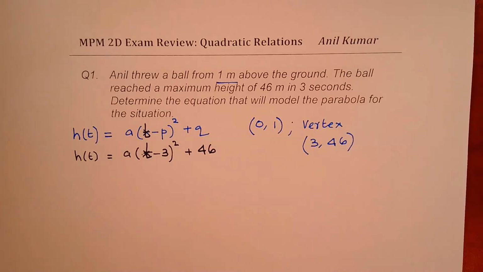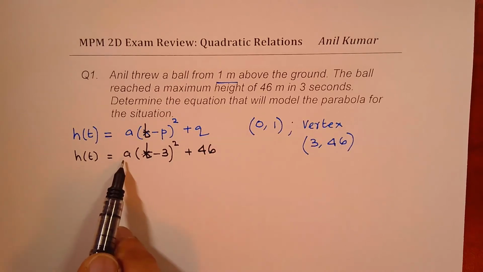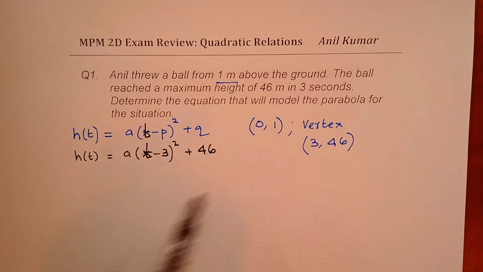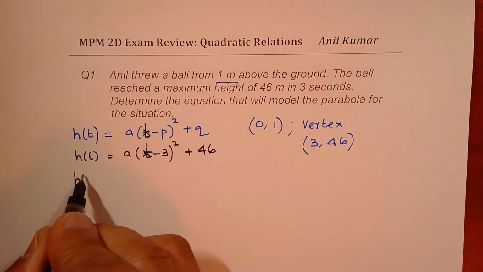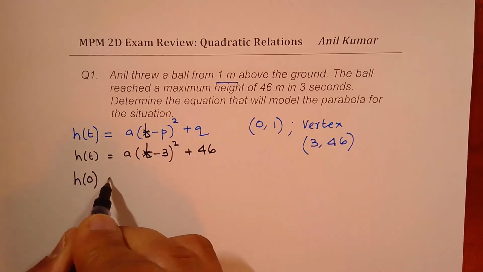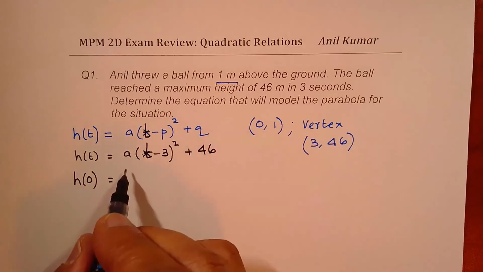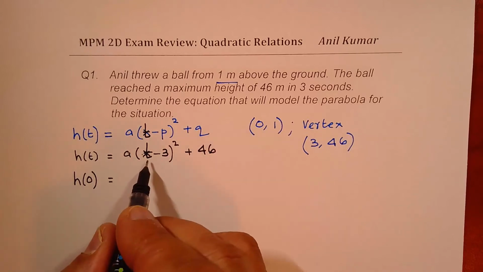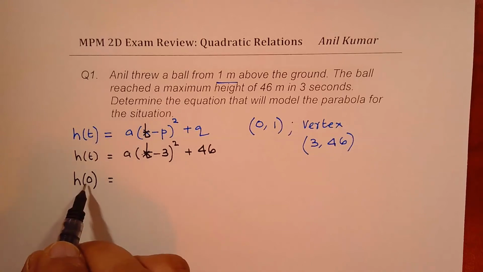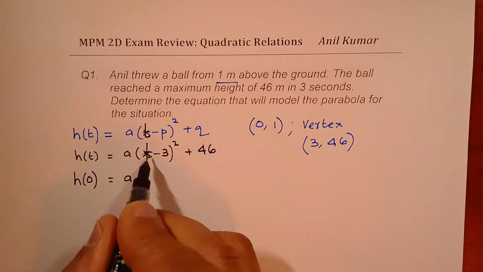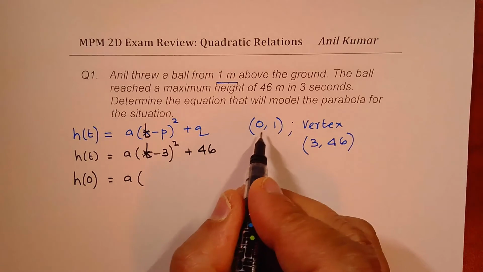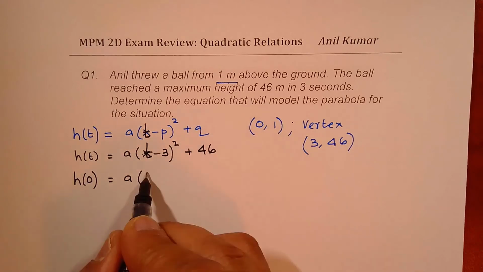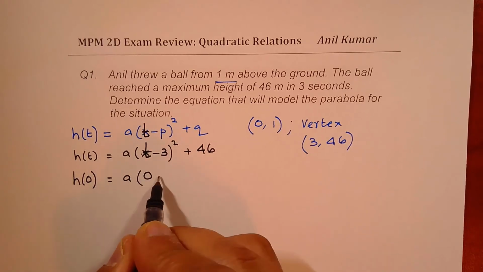Now to find the value of a, I am going to use 0 and 1. So that means height when time was 0 is equal to 1 meter. So I am replacing h of 0 with 1, right? So we get a, time is 0. So we're writing this as 0 minus